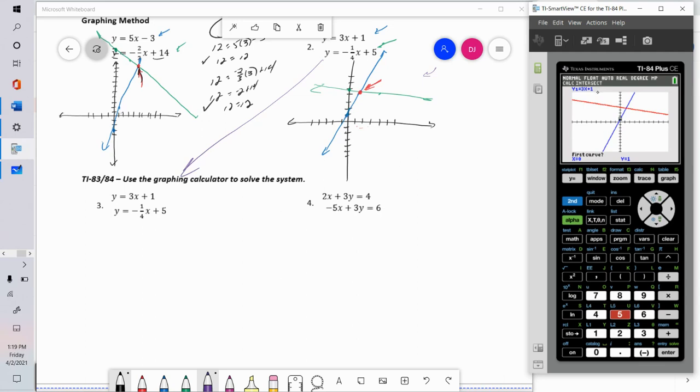Is the blue function y equals 3x plus 1 my first curve? Sure. Enter. Is y2 my second curve? Sure. I press enter. Then now guess. And I just need to be closer to this point of intersection than any other, but there are no other. So I make my guess, and we get the solution here